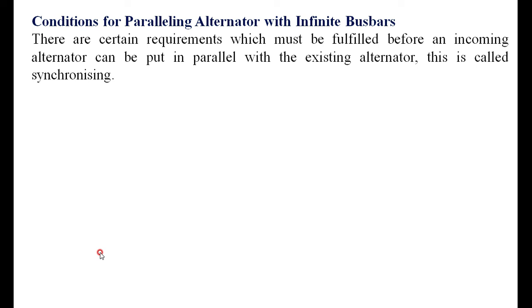Then, what are the different conditions we have to fulfill to connect the alternators in parallel? There are certain requirements which must be fulfilled before an incoming alternator can be put in parallel with the existing alternator. This is called synchronization. The first